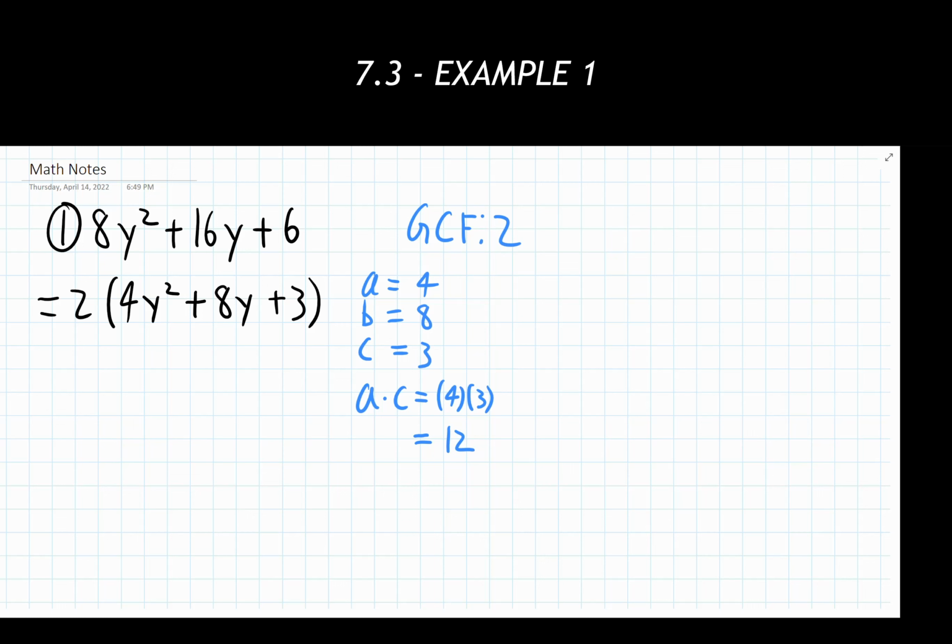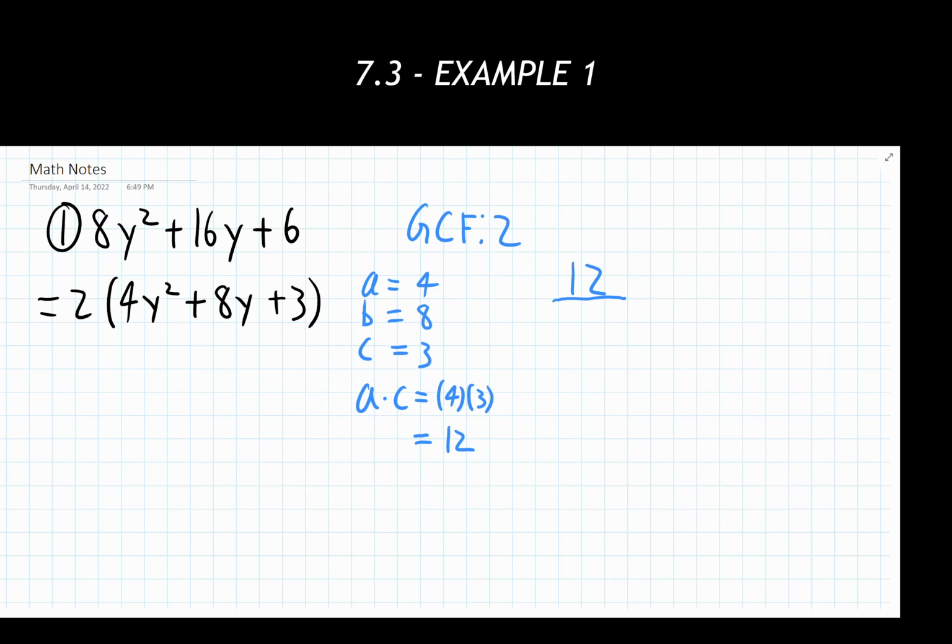So if I want to find numbers that multiply to equal AC, meaning 12 here, why don't I start with just listing off all of the numbers that multiply together to give me 12? I find it very effective to list what's referred to as the factor pairs of a number. And factor pairs are just what are two numbers that multiply to equal 12. Now we're going to list these off in a very organized, very systematic way because there's a little bit of a trick that shows up that we're going to be using in future examples.